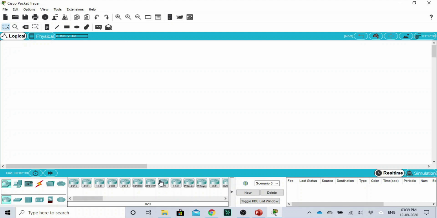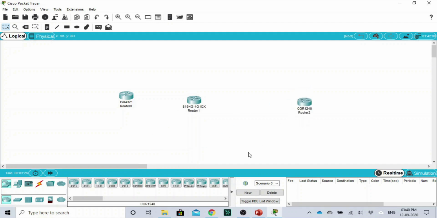Now I'll explain different available options in this Packet Tracer. Down here you have different networking components available. We will see one by one. The first networking device or types of networking device is known as router. Router is used to connect multiple networks. Now under the router you have different routers. If you want to use any router, just click on a router, drag, it will be moved to your Packet Tracer.